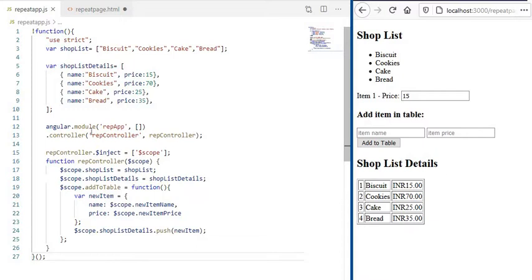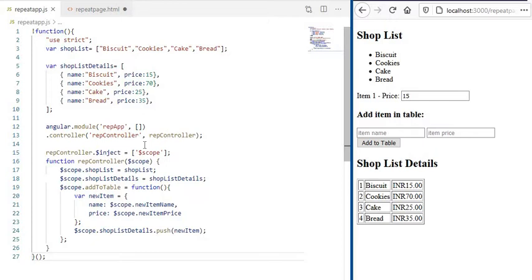These are the two arrays, and this part I think you are all familiar with, that is angular.module, and here the name of the Angular module application is repApp, and for the controller I have used repController, and this is also well known, and the $inject property I have used to add the $scope alone for the usage of $scope, which we already know.